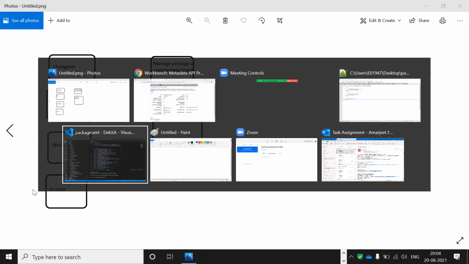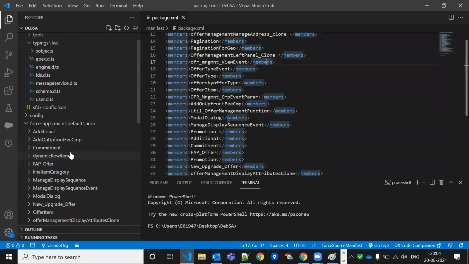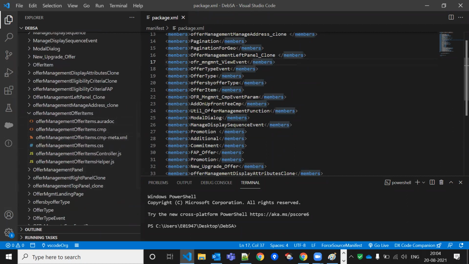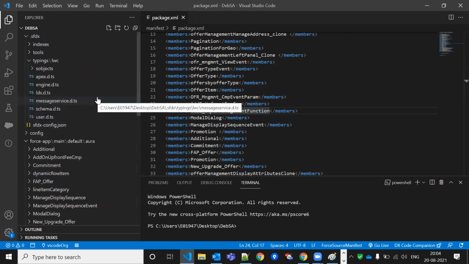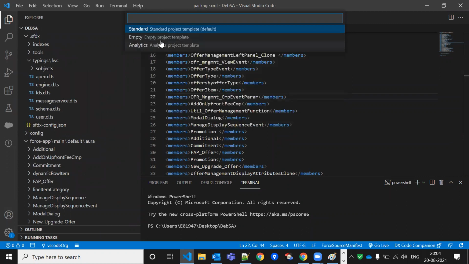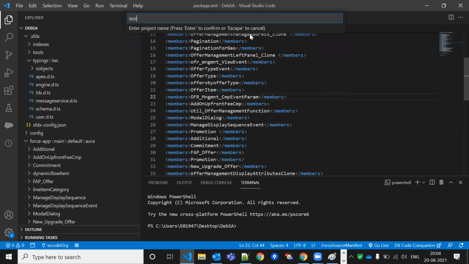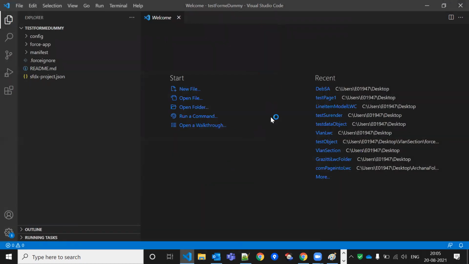So this is my VS Code. Suppose, yes, already done here. I cannot take any risk here. What is the name of the project? Let me do one thing. Let me create a new project. You can do all these things later, but let me just do the necessary step.